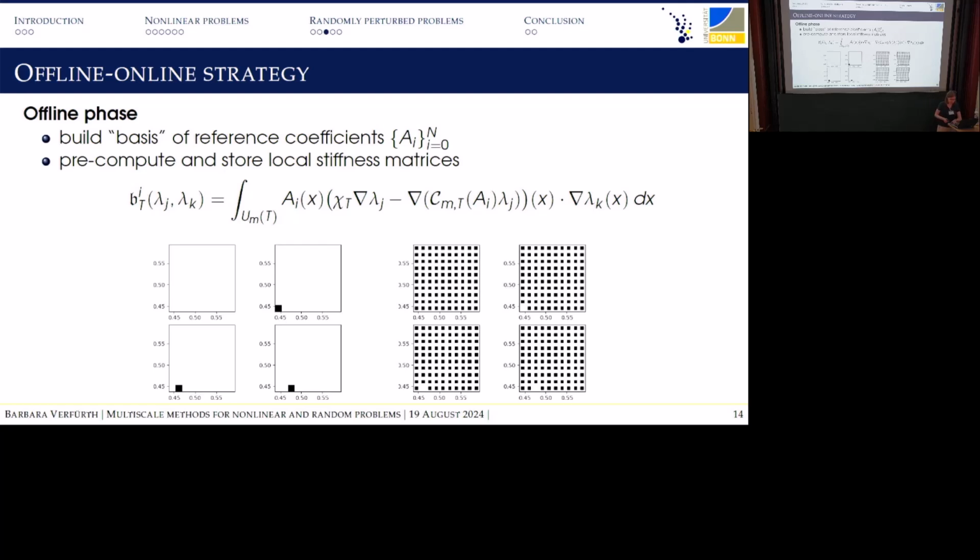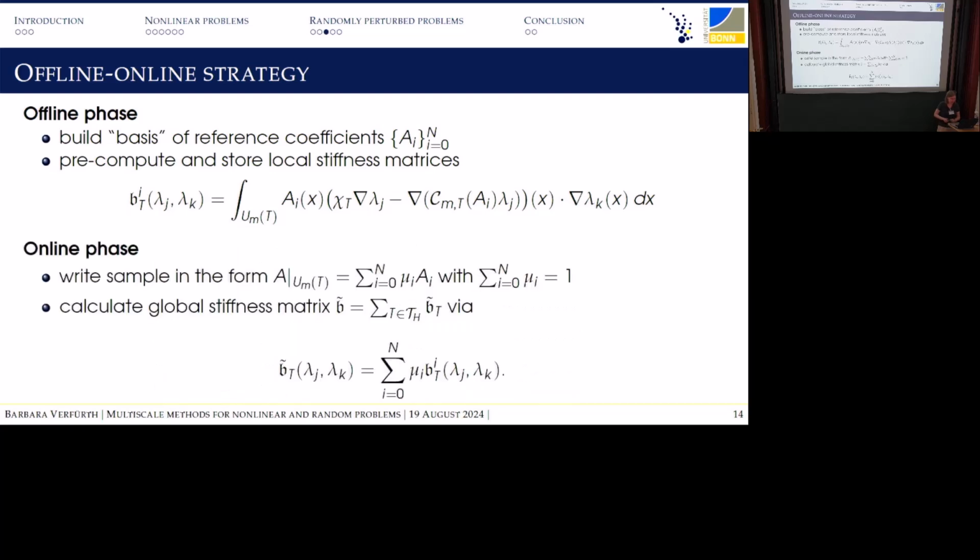So having pre-computed all these things, in the online phase, I then first loop over all my coarse elements of the triangulation. And for one element of triangulation T and its surrounding patch, I can write the realization, the coefficient A that I'm given, as a convex combination of my reference coefficients. So I can write it as a sum over some coefficients mu I, ai, where these coefficients